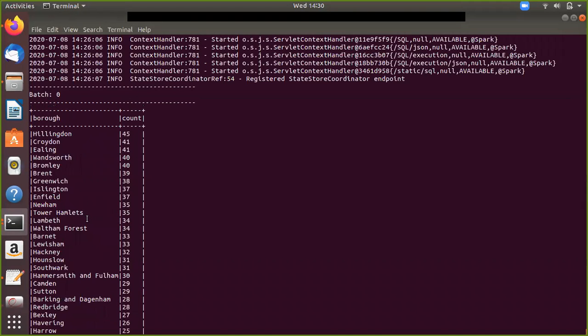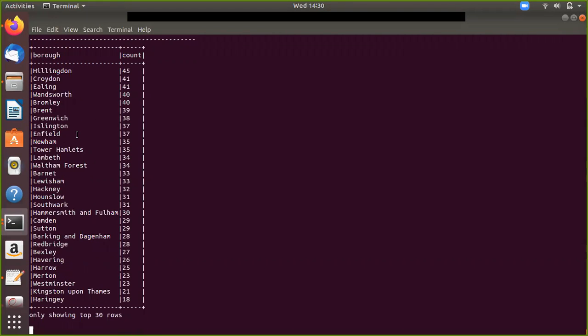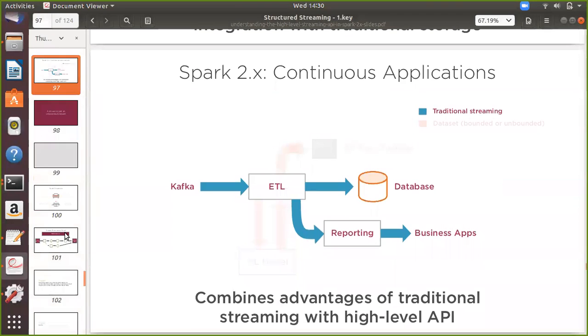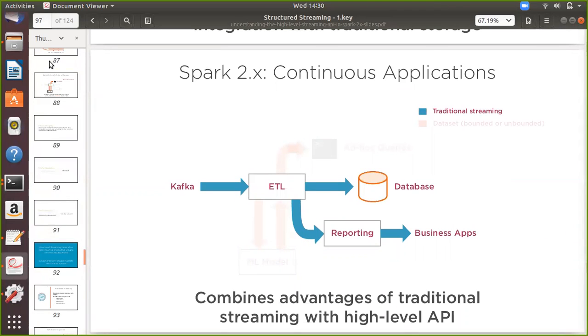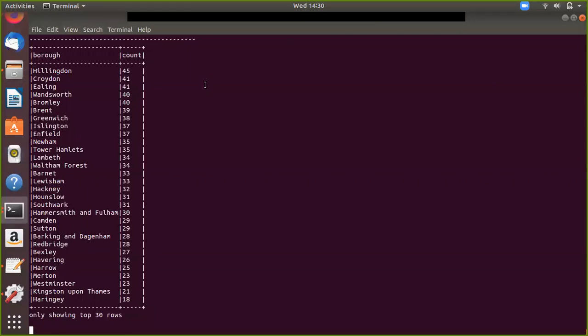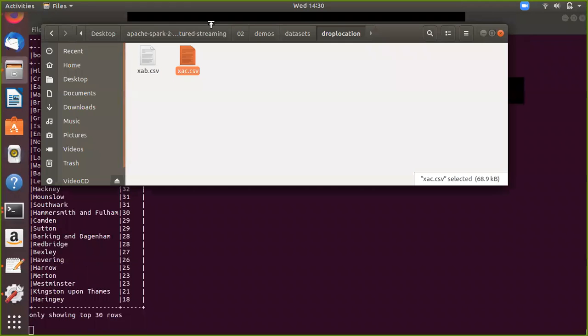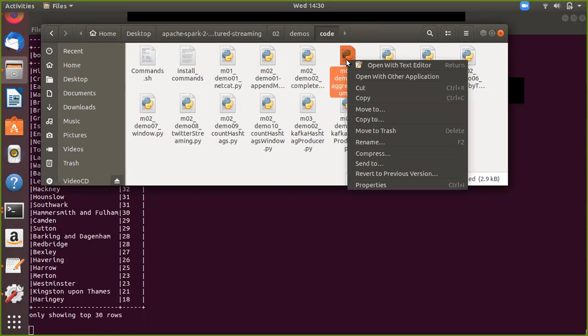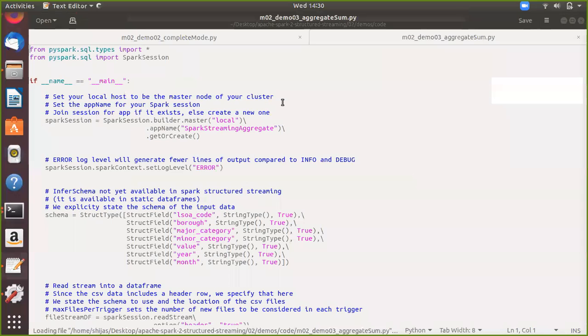We'll wait some more time for the next output, and we'll keep going. Meanwhile, we'll continue with the other examples too. The next example is here.